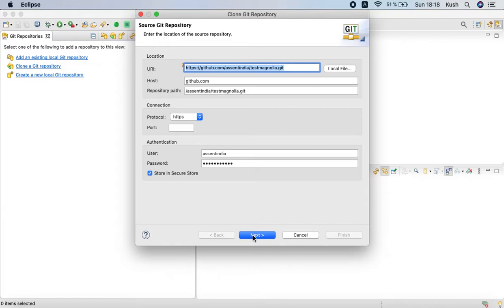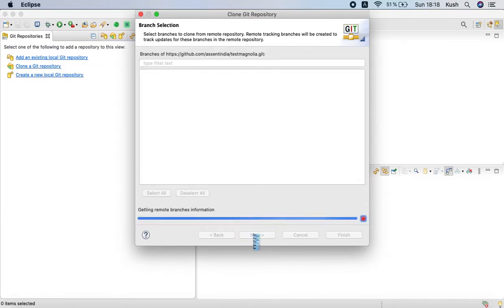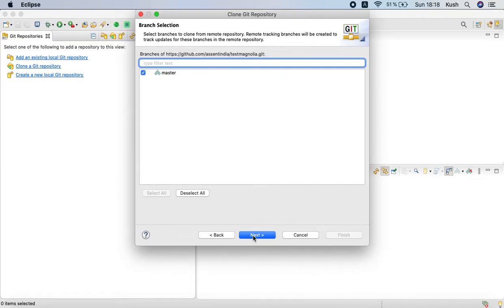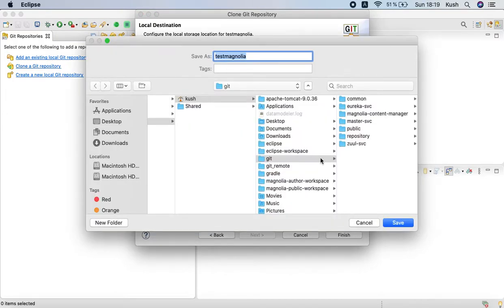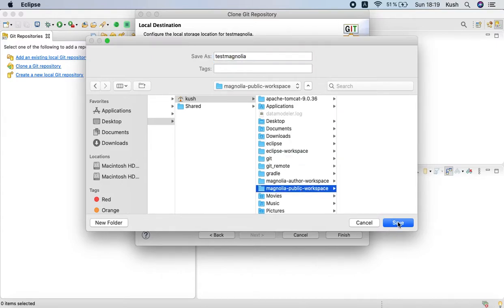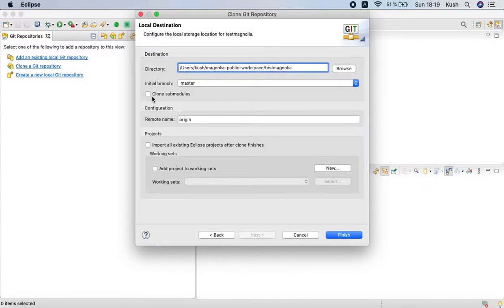I will clone the same project from GitHub, and I will set it up the same way we did in my first video. Here we can see the master branch, and I will click next, and then I will change my directory to my public workspace, and then I will click on clone submodules.